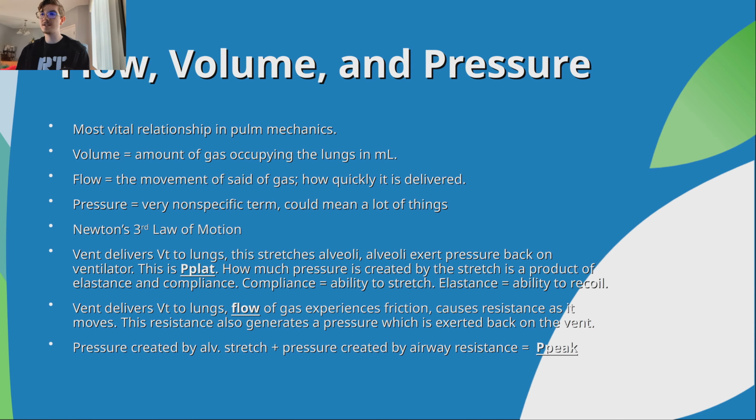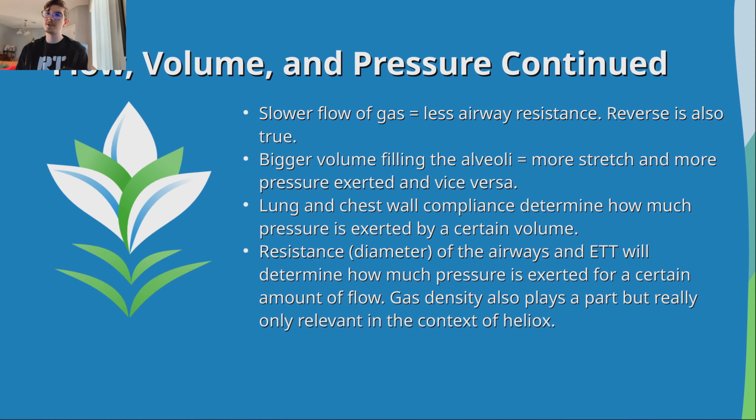This resistance also generates a pressure which is then exerted back on the ventilator. The pressure created by the alveolar stretch plus the pressure created by airway resistance is basically your peak pressure. Now, to expand on that a little bit, a slower flow of gas means less airway resistance, and the reverse